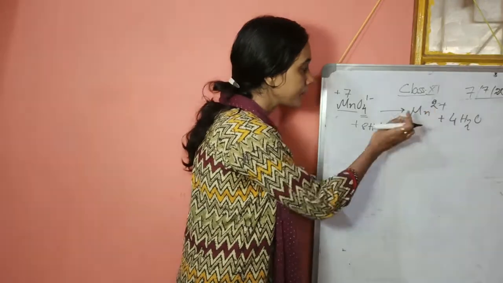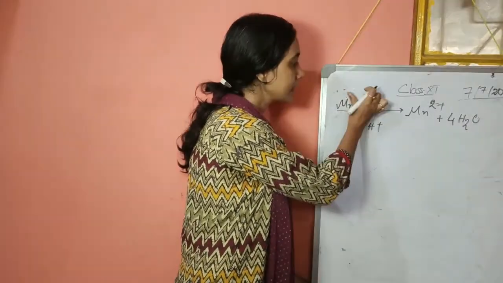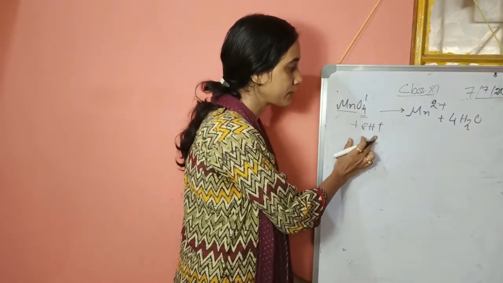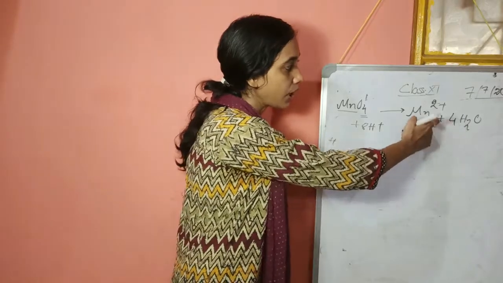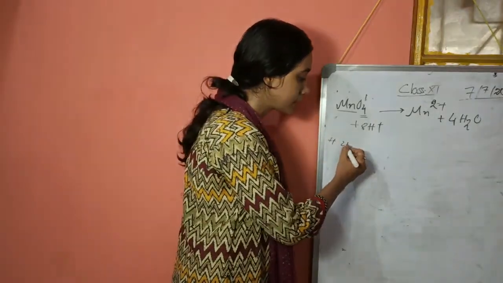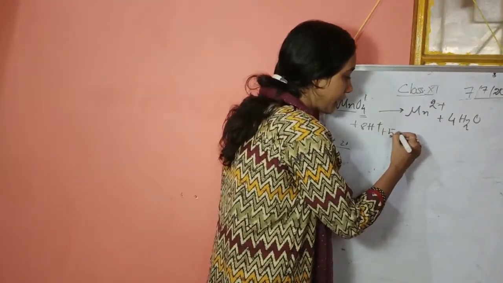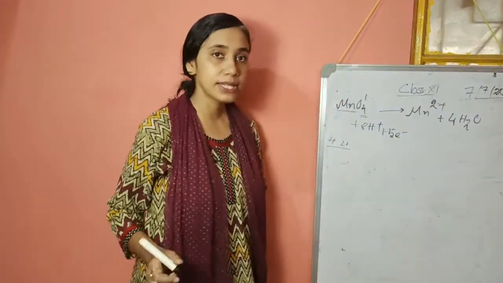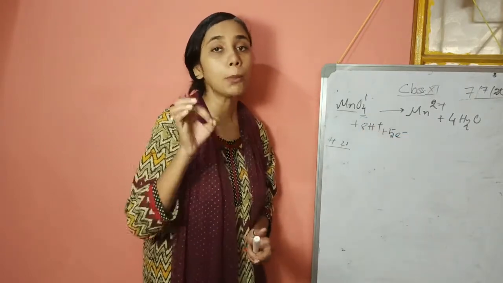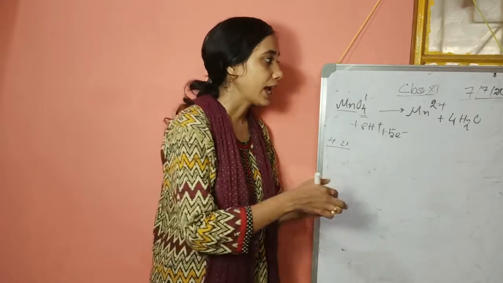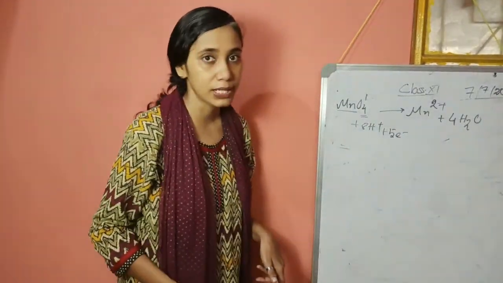Here we have 2+ on the right, and on the left 1- and 8 positive charges. So left hand side we have a total of 7 positive charges, right hand side we have a total of 2 positive charges. We need to balance both, so for that we will add just 5 electrons. With 5 electrons, now here we have 2 positive charges, and here also 2 positive charges. So the number of electrons transferred is 5, and now this reaction is balanced. You find that atoms are balanced, charges are also balanced.